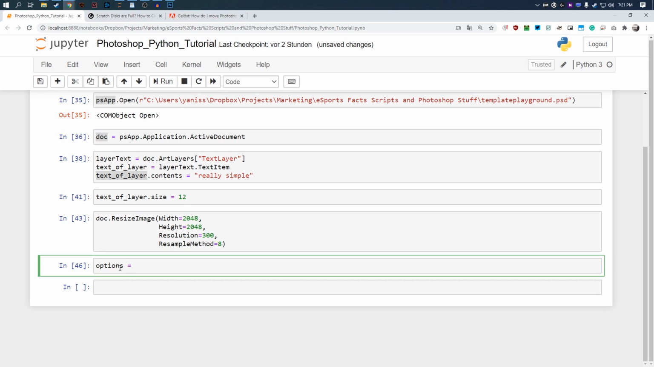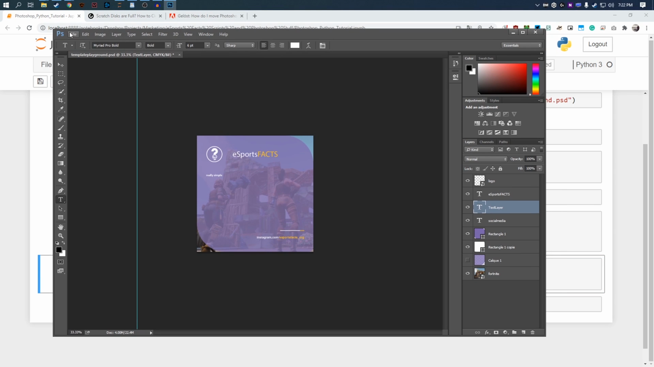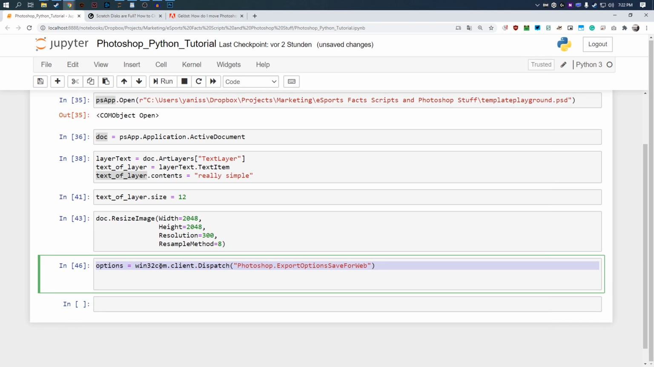To create this variable, we're going to have to write win32com.client, kind of the way we originally opened the app, .dispatch, and then Photoshop.ExportOptionsSaveForWeb, which is basically the equivalent of manually going to your Photoshop application, to File, and then Save for Web, which is what the Python code is going to be doing here. Then we want to add a few parameters to this options variable, which are going to be format equal 13 and